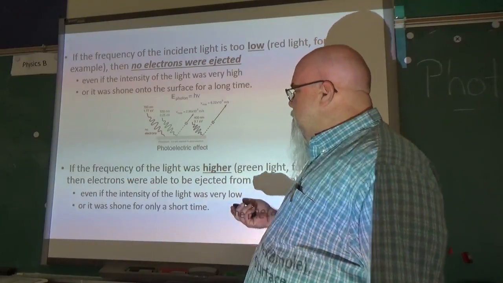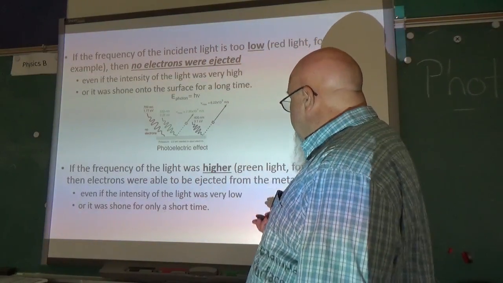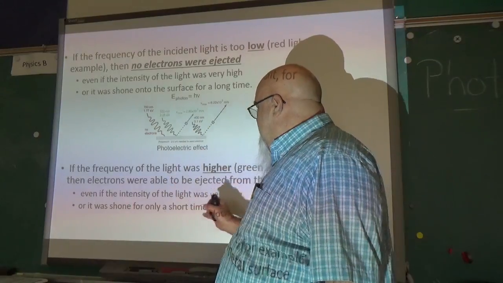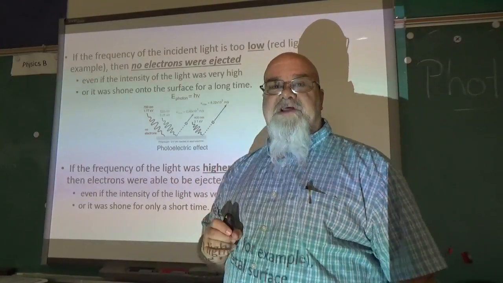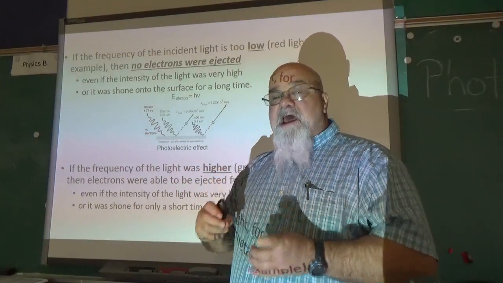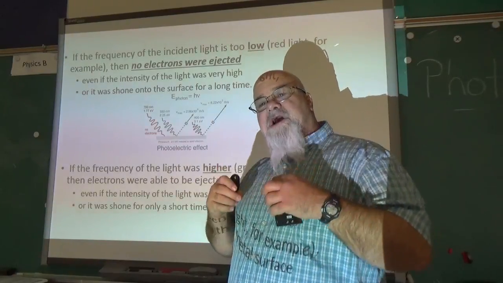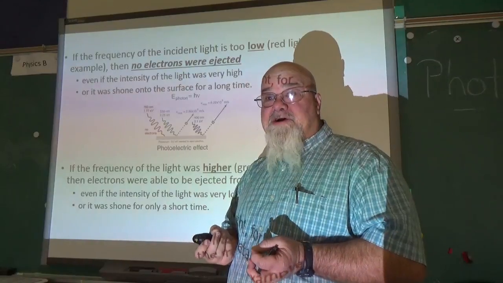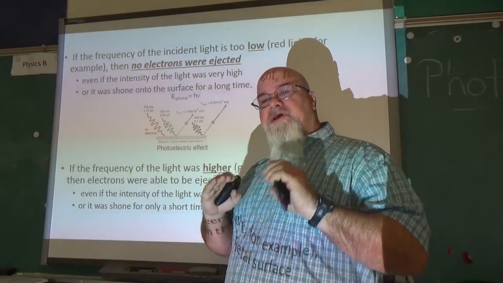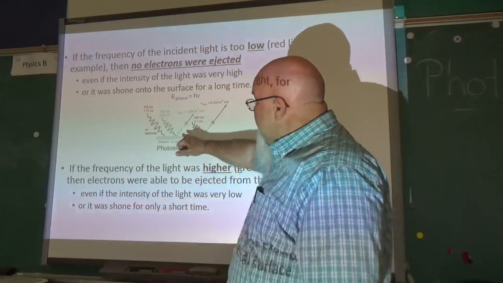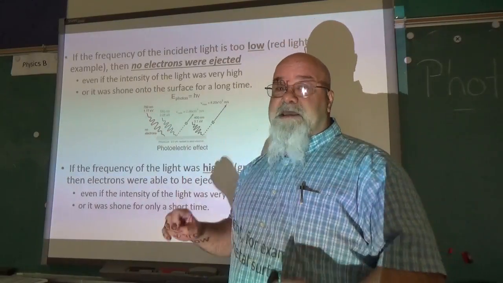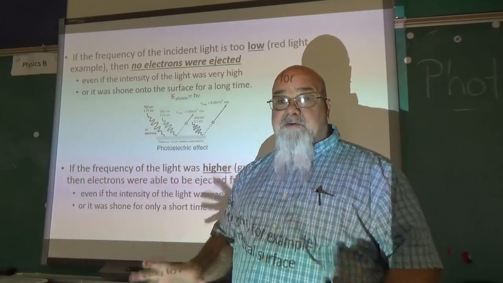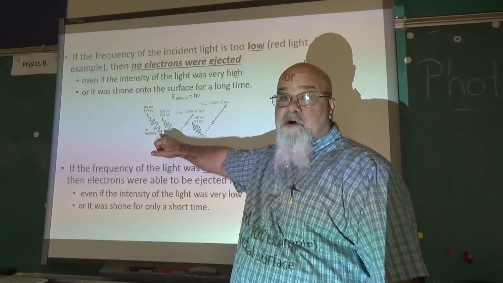Here's what also is kind of cool, what they find kind of weird. It seems to be based on the frequency of the light, not the intensity. If I shine a brighter light, most of the time we think a brighter light is going to make it move faster because it's providing more energy. That's not true. It has to do with the color and the frequency. If I'm sitting here with red light, I can use super, super, super bright red light. It's not going to go because it's red.